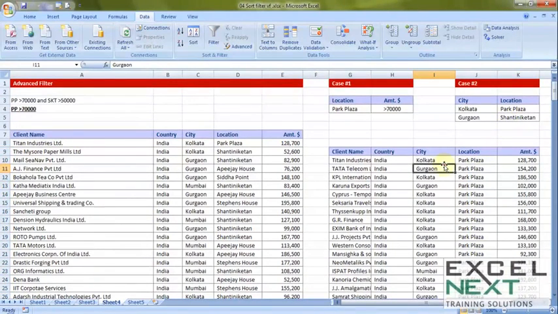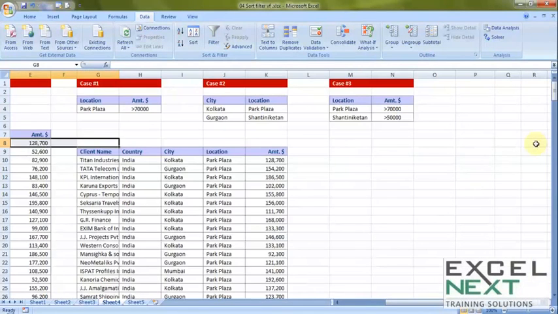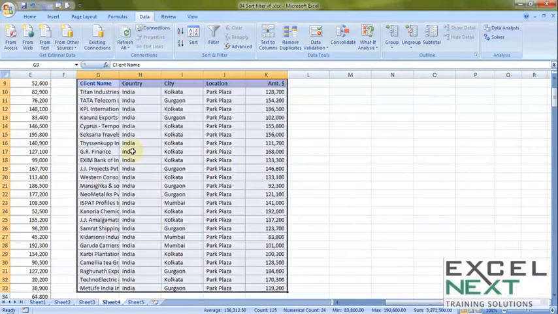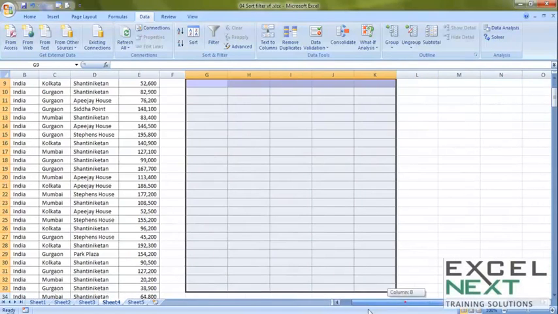Now one drawback of advanced filter is if I change anything out here in my criteria, it will not change anything in my desired output that I recently got in front of my screen. So it's not automated that way. Let me bring it back to $70,000. Let me delete this entire structure which I've got as an answer. Give me a moment. Oops. So starting from client name, shift control right, down, and deleting it. Okay.